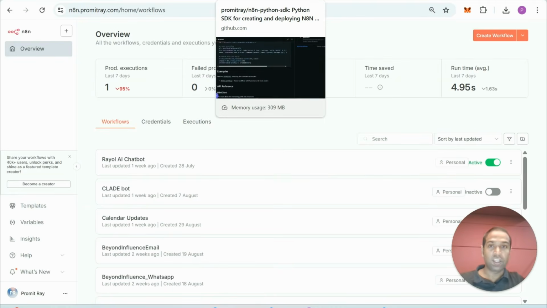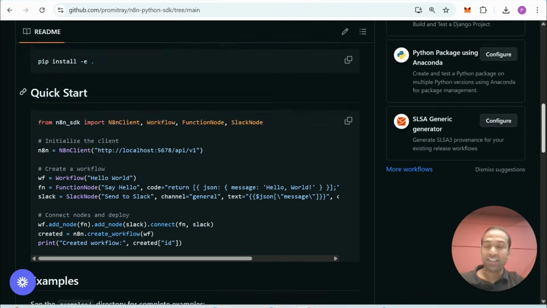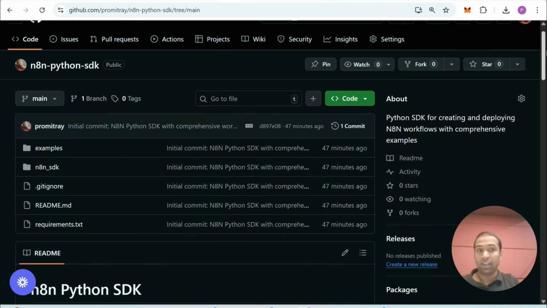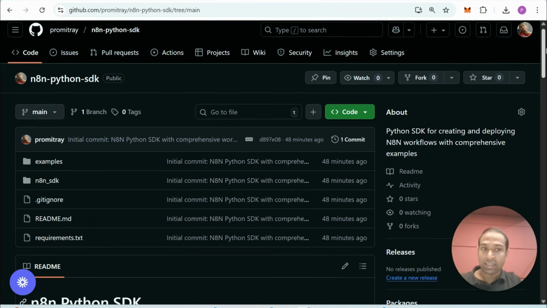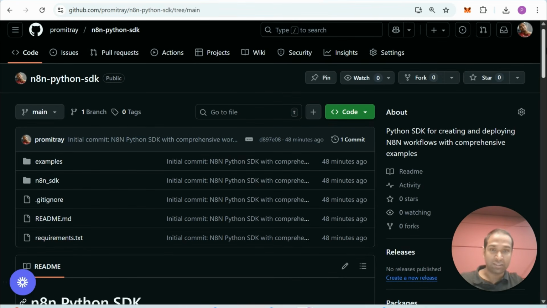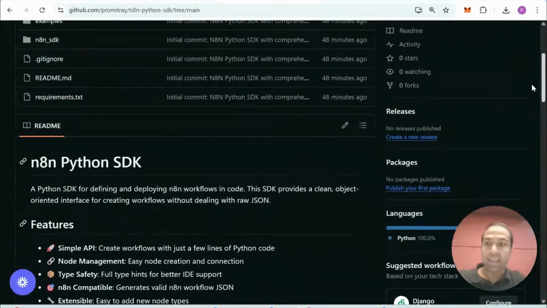Hello everybody. Today I'm going to show you what we vibe coded at the hackathon. This is an n8n SDK for Python. Basically, I can use the Python programming language to create workflows in n8n, and I can have them deployed automatically to my n8n instance. This is the repository that was completely created by Cursor with a few intelligent prompts, and